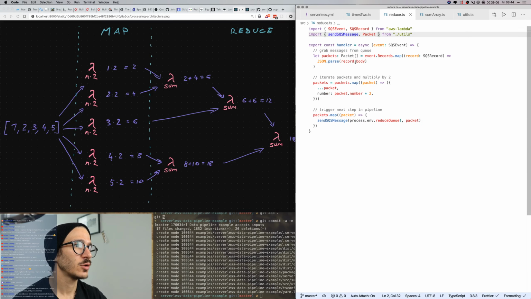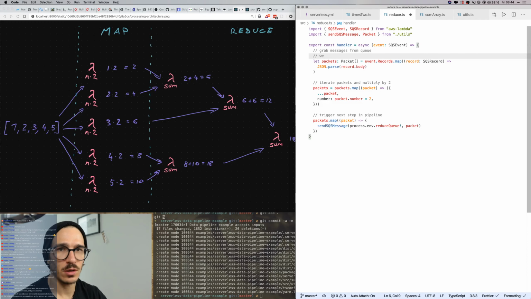Like that. Reduce.ts handler, did we call it handler? Yes, we called it the handler. Grab messages from queue. We rely on batch size to ensure there's more than 1. So we get each packet, then we